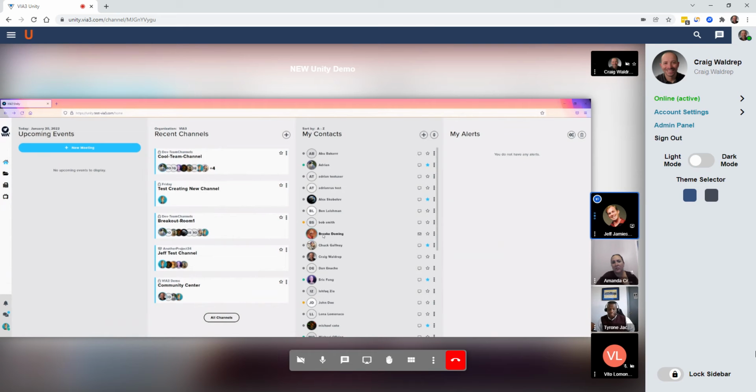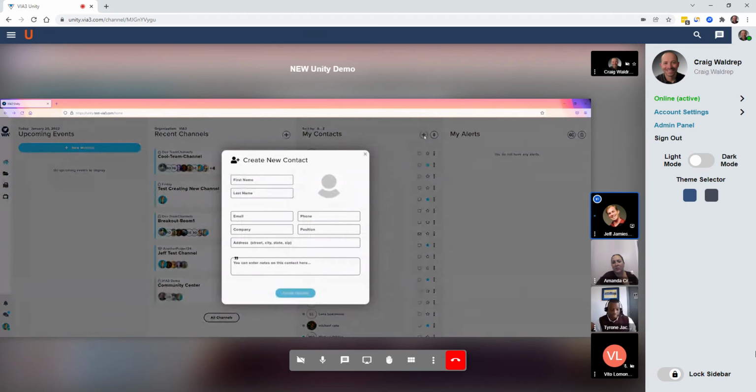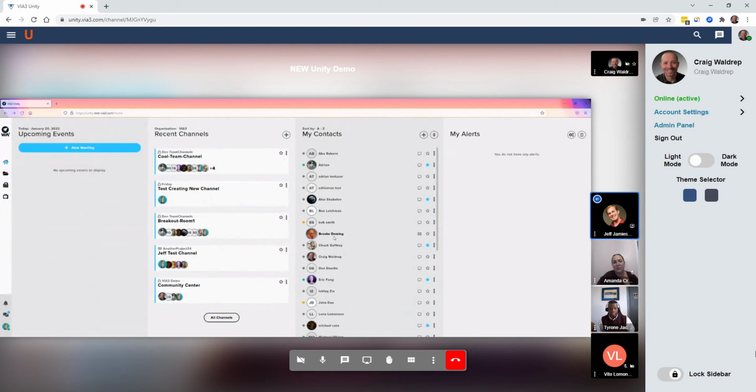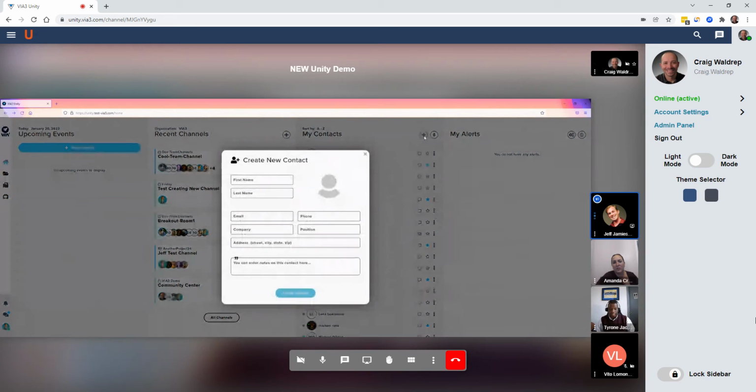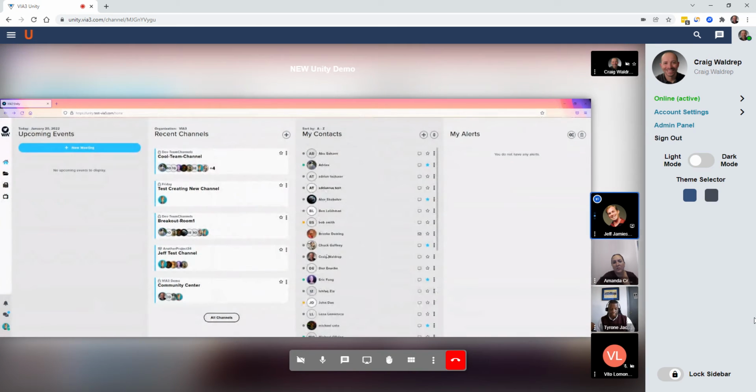And how did she get here? I clicked on create new contact. So if I click create new, I can create a custom contact, fill out all this information, and it goes on my list. I don't have to do that if I don't want to. If I never click create new contact, this list will manage itself automatically anyway with just everybody in my tenant,